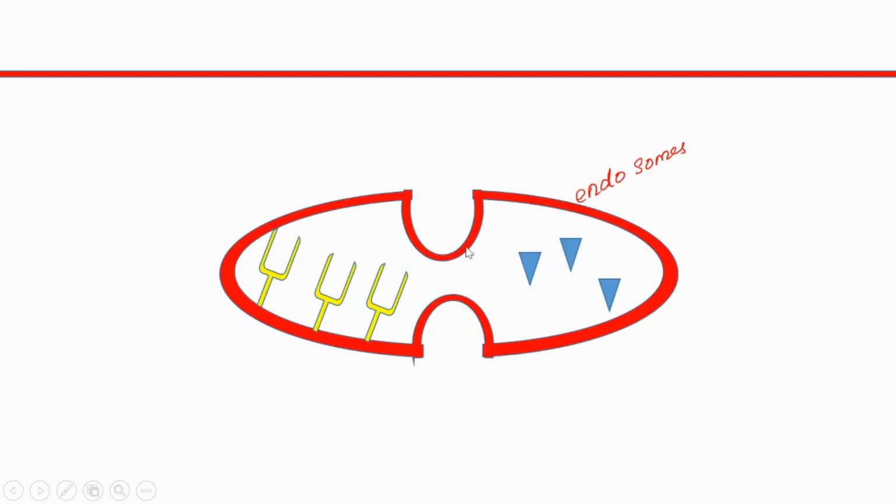And in these endosomes, the ligand molecules, we can call these molecules ligands, are detached, and they stay free in the endosome. And then again this endosome moves much deeper towards the inside of the cell, and it becomes widened